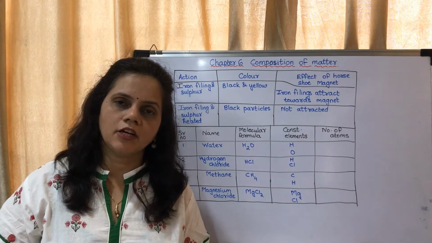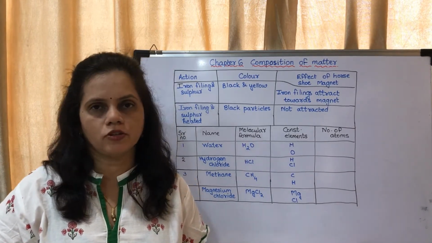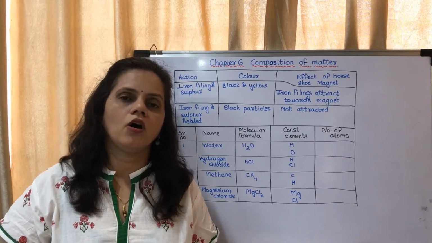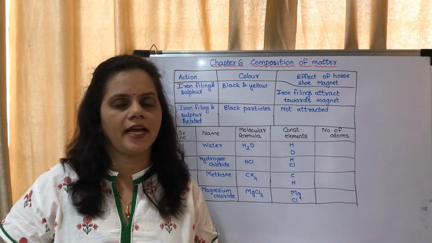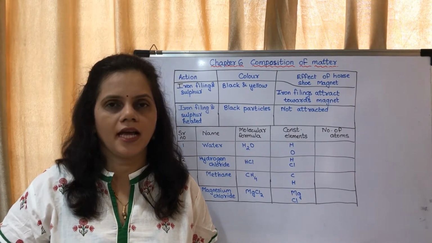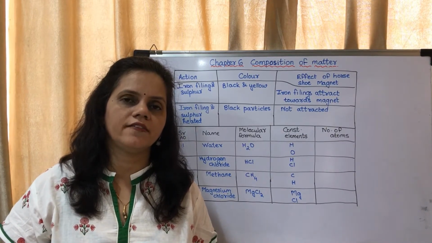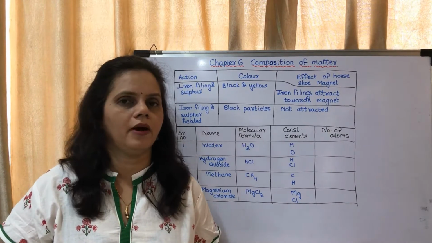Okay, now the next topic is about compounds. We studied about the different types of compounds. Now the next topic is molecular formula of compounds, and the first part is what is the difference between compounds and its constituent elements. Here they have given an experiment to show the difference between constituent elements and their compounds.